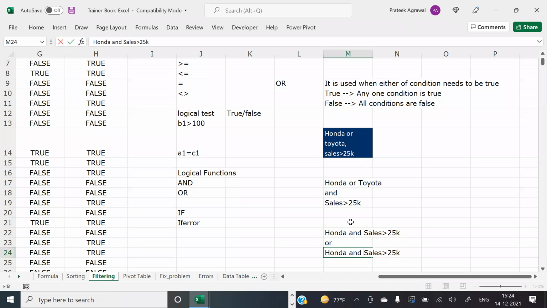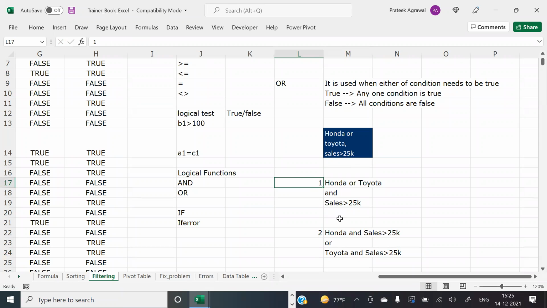And I can write it also like this. Yes or no? Both are correct. Both will give me the same output. So which one is more efficient? The first one, because Excel is all about efficiency. And why is the first one more efficient? I'll tell you a very simple reason.